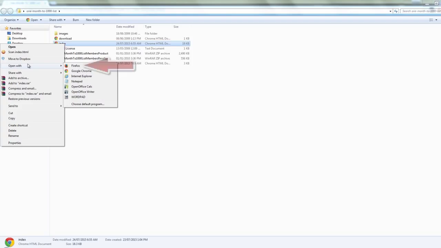When I was showing this to you before, I had Firefox checked. What I did was change it from Firefox to Google Chrome. It doesn't matter which one of these is chosen. This is just a personal preference, and it's all about what you're used to using. Anyway, if I open this file,